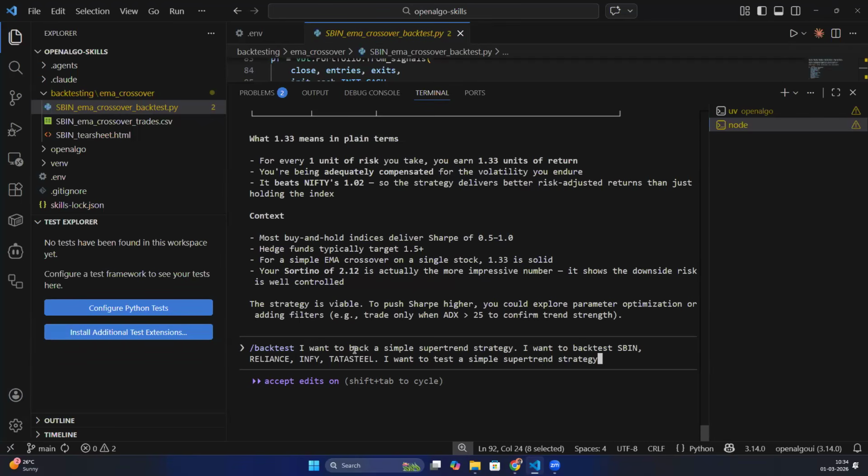I just want to play with a simple super trend strategy with the parameters we can say like 3 and 10. So 3 is for the factor and 10 is the ATR multiplier. And I'm gonna say